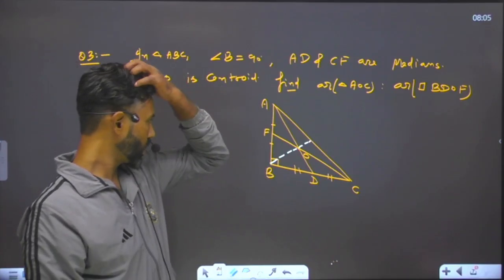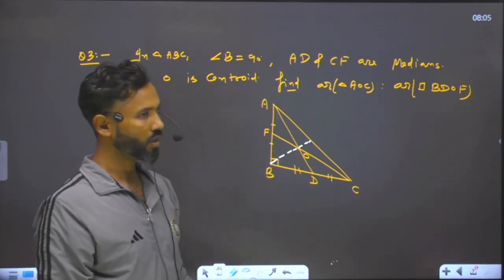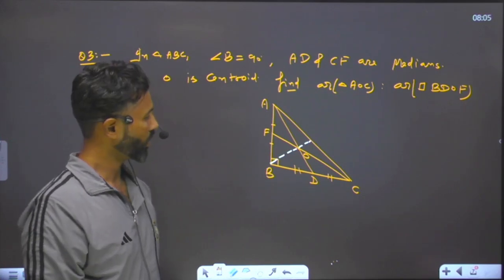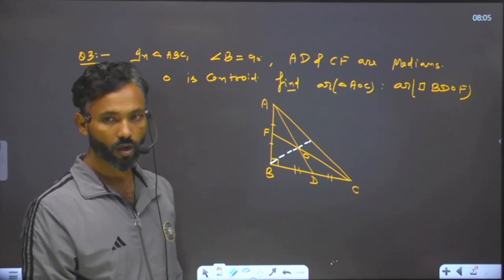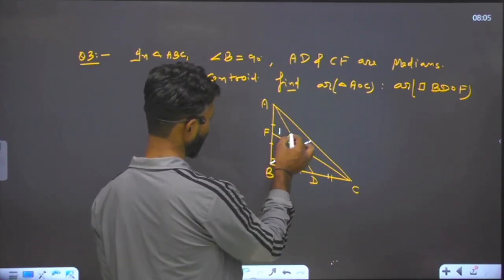According to the question, we dropped two medians, and we dropped the third median on our own. Now tell me, the triangle will be divided into 6 equal parts again, and the area of each part will be 1. This is 1, this